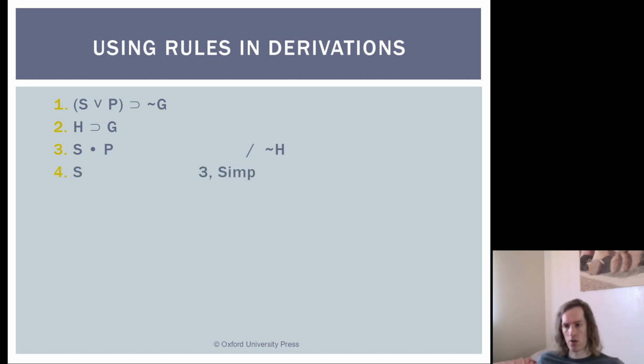So the first thing we can do is we'll simplify from our third premise, S. So we want just S by itself because the first premise is saying we need S or P in order to get not G. And the third premise says we have S and P. Now you might think it's obvious to you that if you have S and P, then it means you have S or P. But when we're doing a derivation, we need to explicitly get there just using rules of inference